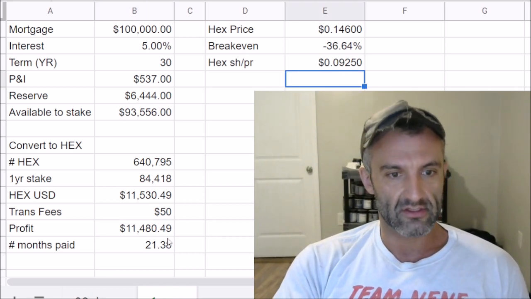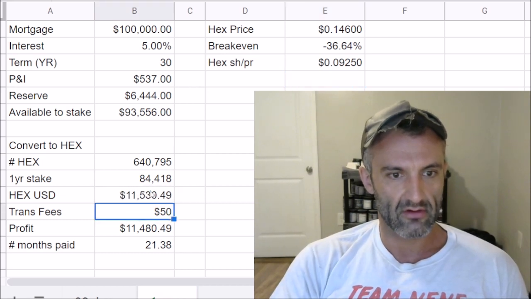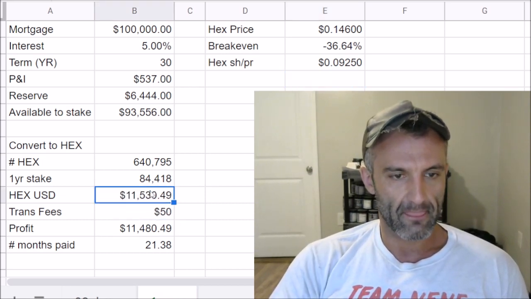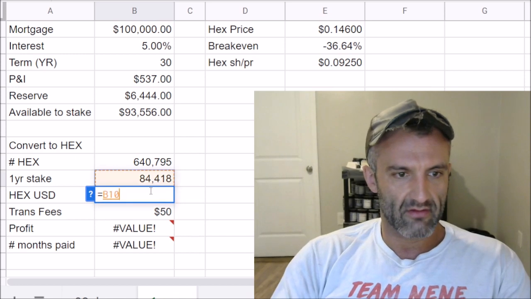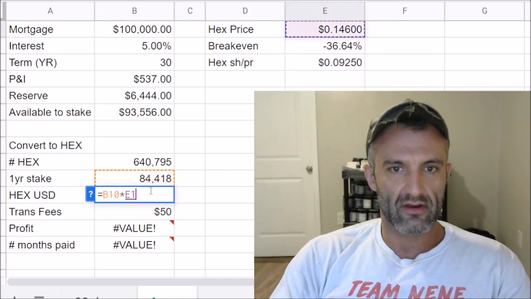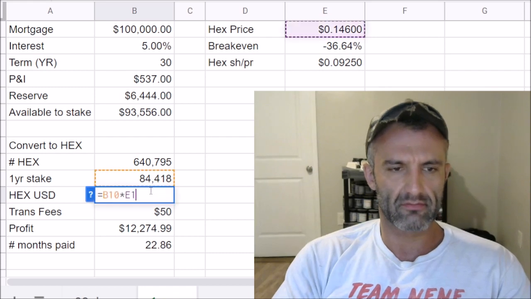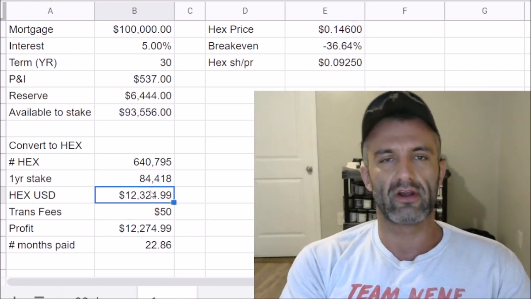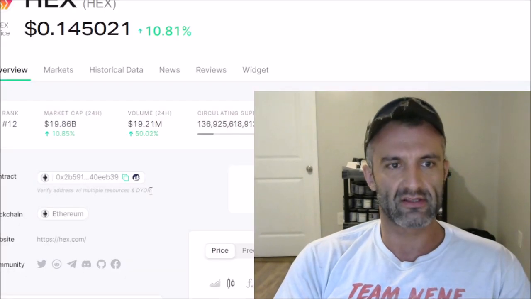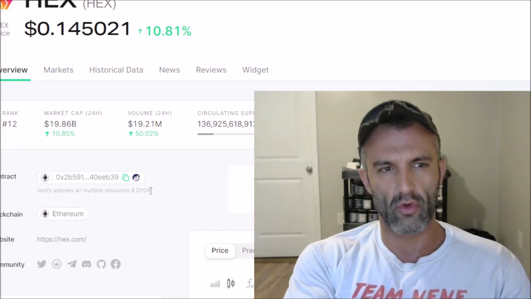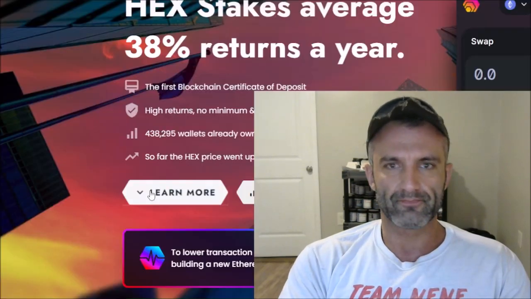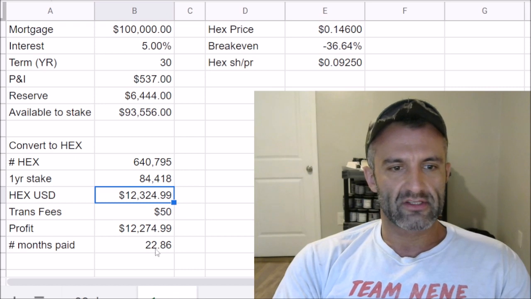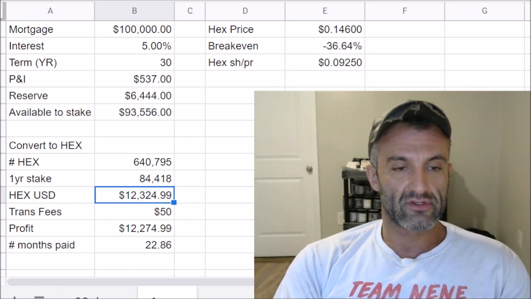But the point of this, let's come down here where we have profit. Where is this calculated? Let's just do it quickly in a formula. We have this here, that's the profit on here, and this is the HEX stake here. Oh, I miscalculated this. Okay, because the price in HEX, if you go to Nomics, is actually slightly less than that. At the beginning of doing this research, it was 1,458 or something. So I just pulled it in and rounded it up, right? So if we wanted to see, the number is actually 12,000, right, for this stake here.